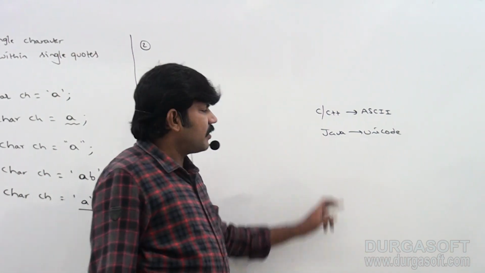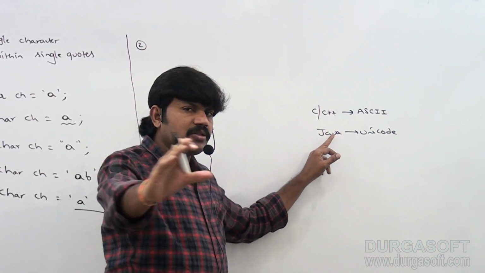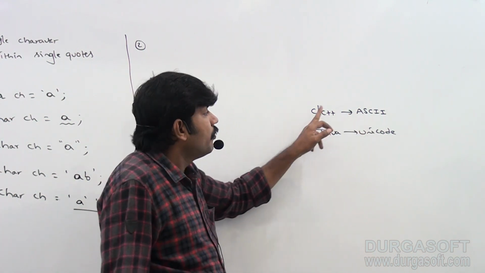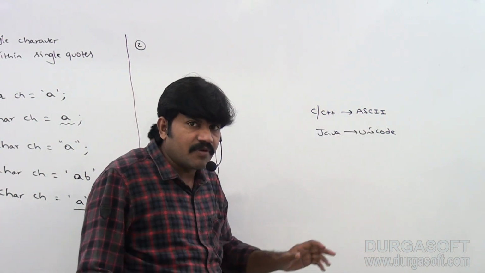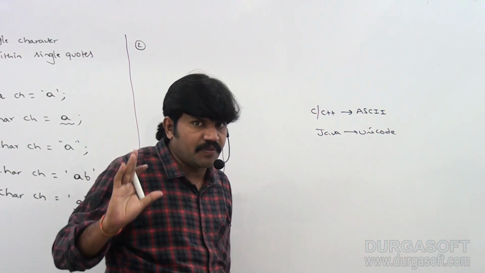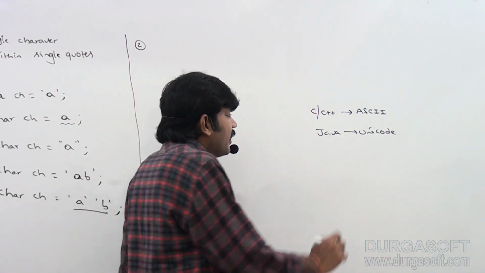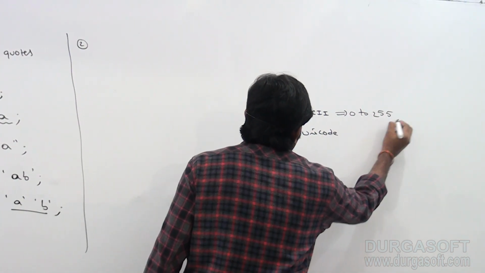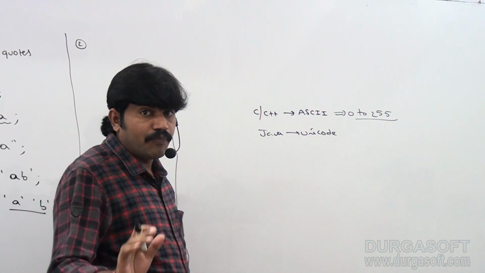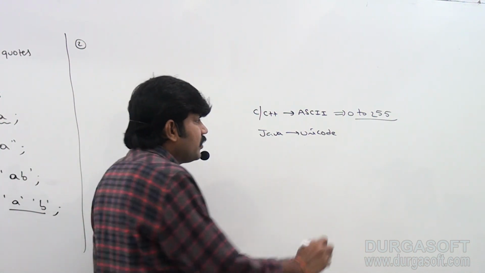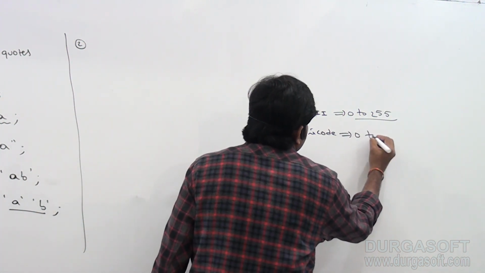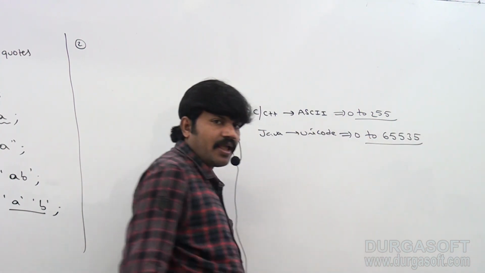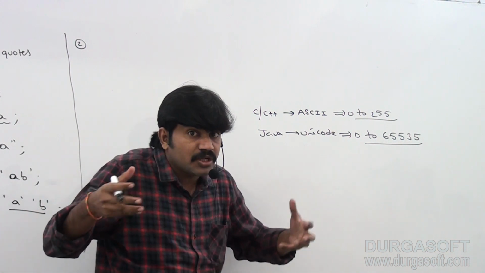Okay, sir, worldwide all general speaking languages are going to be covered under Unicode, but ASCII covers only English alphabet symbols, right? Sir, do you know what the ASCII code values are? 0 to 255. ASCII code values are 0 to 255. What about Unicode values? Unicode values are 0 to 65,535. Okay, because it has to cover a huge number of characters.